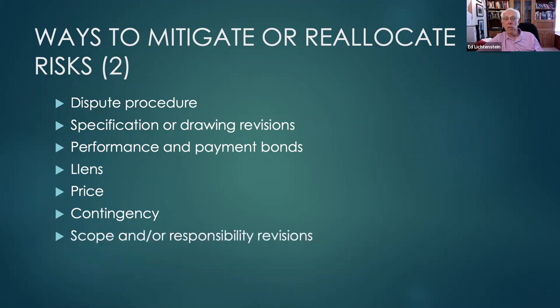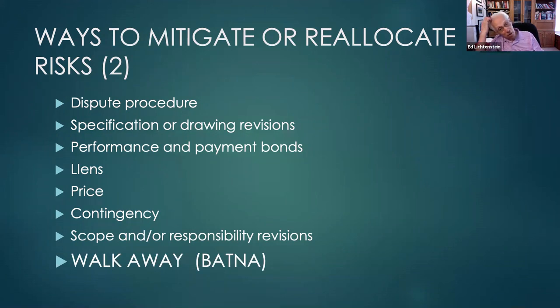And scope and responsibility revisions. Who's doing what, when, and where. Or the ultimate one, walk away. In negotiation, it's called a BATNA. And what the BATNA is, the best alternative to a negotiated agreement. When you're sitting and negotiating a contract, when you're trying to make that contract suitable for you and for you to perform,